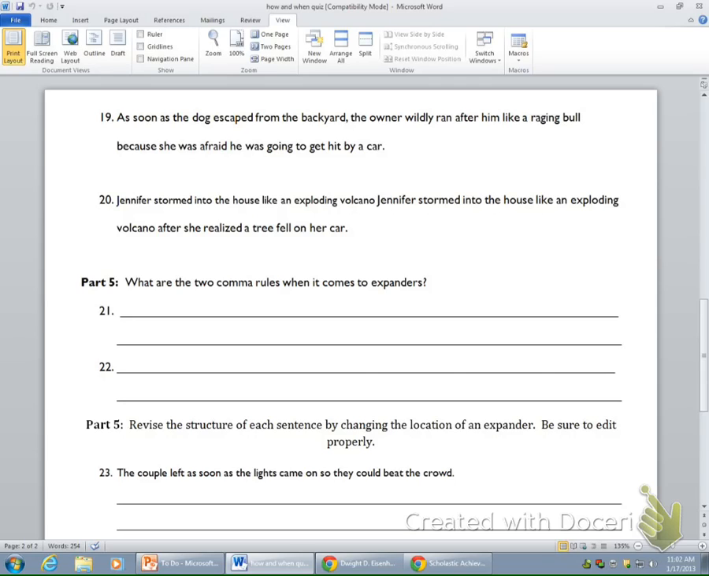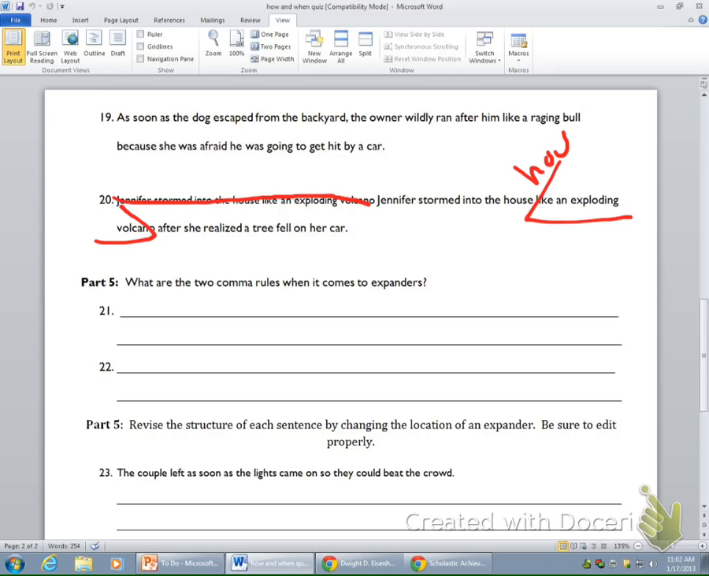We are on, what are we on, 20? 21. No, we didn't do 20. No, we didn't. Jen stormed into the house like an exploding volcano. Oh, this I kind of messed up on, so we got to erase this. Okay. Jennifer stormed into the house like an exploding volcano after she realized a tree fell on her car. Okay. I know, like an exploding volcano, that's one of those that's telling me how, because it starts with that